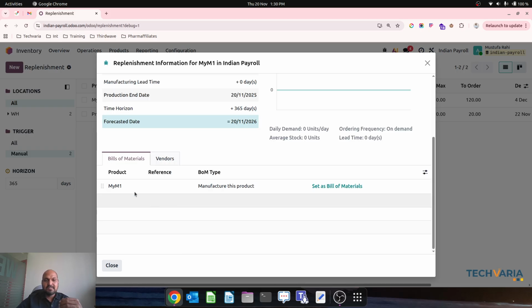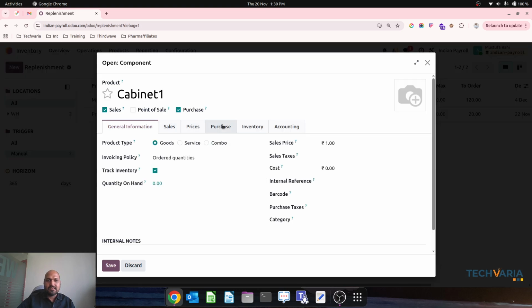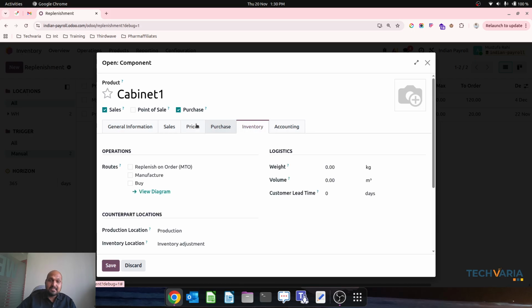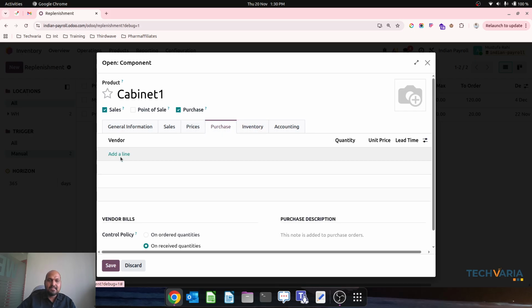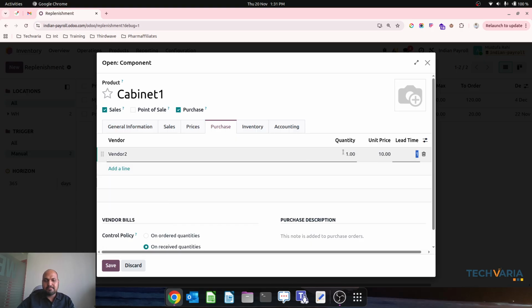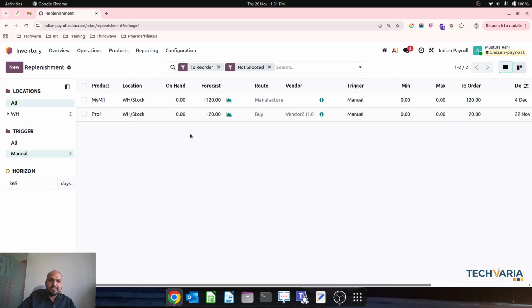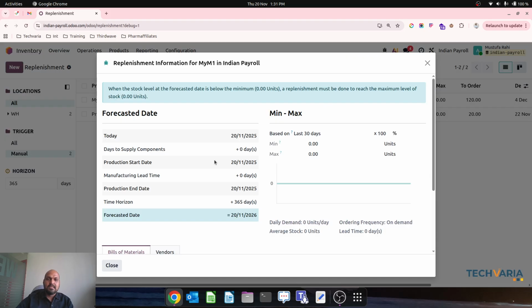and days to supply component is also 0. Now, how it works is based on your bill of material. When you are setting a lead time like this, I will definitely buy, and I will buy from, let's say, vendor 2 at any price, and 10 days is my lead time from cabinet 1. As soon as I do that and I recheck over here on the I button, days to supply